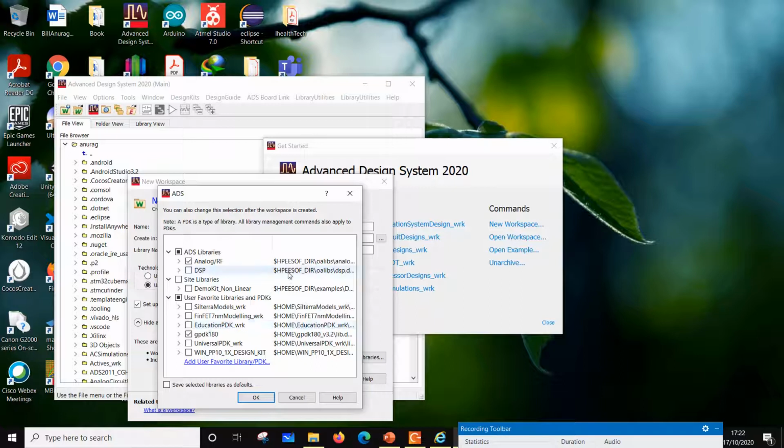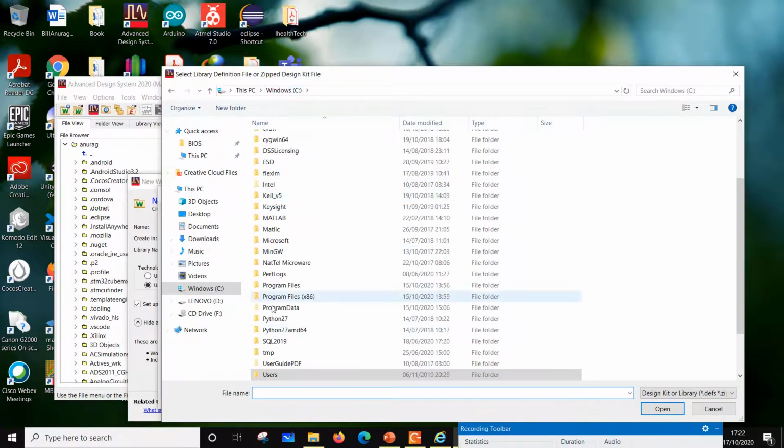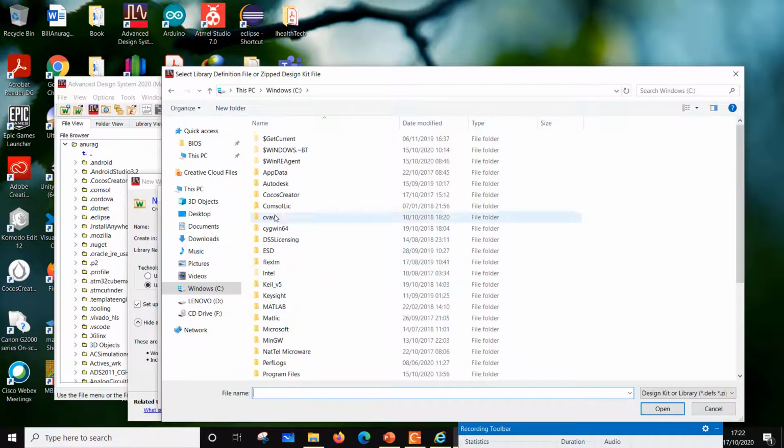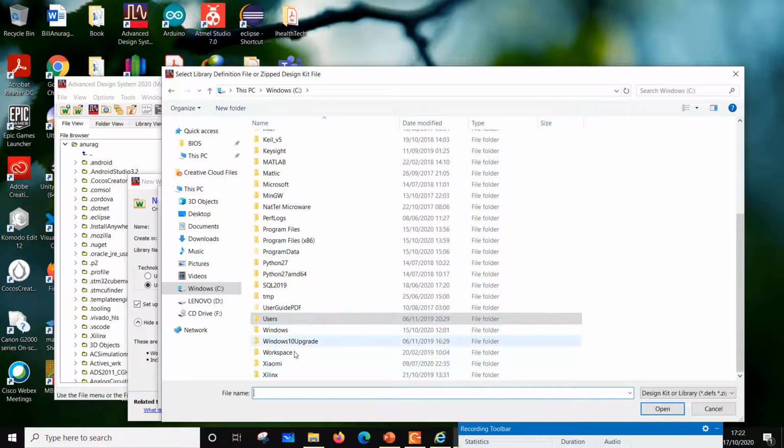So for example, the Malaysian process called Silterra, it's a 130 nanometer process. Now I also have a PDK which is a 7 nanometer process. So basically you can do designs in 7 nanometer. If your PDK doesn't show up here, then you can click this and you can browse to wherever your PDK folder is, right?